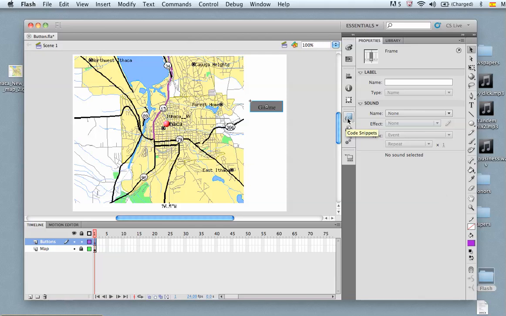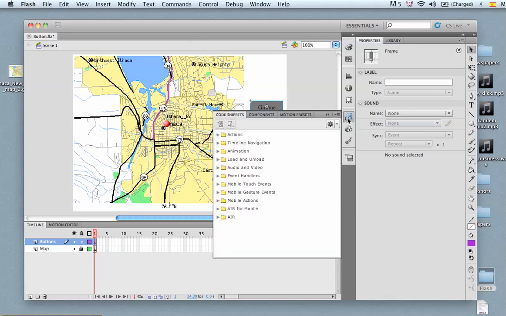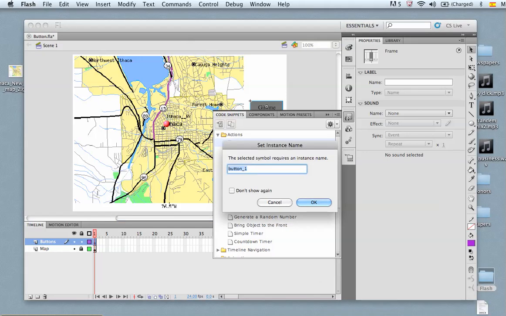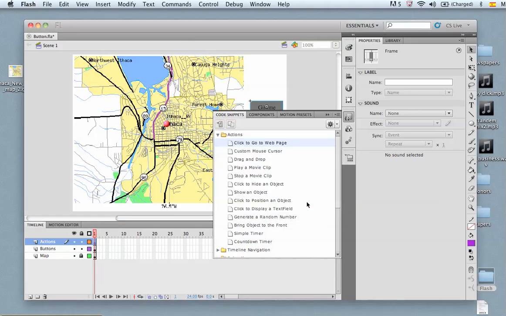But now there's this button here on the right that is the code snippets, and that allows you to create a number of different possibilities with interactivity with your buttons in just one or two steps. So I'm going to hit that, and in actions I want, when I click on the button, I want it to go to Gimme Coffee webpage. So double click, this is button 1,